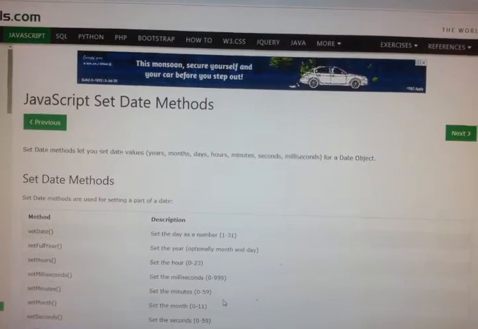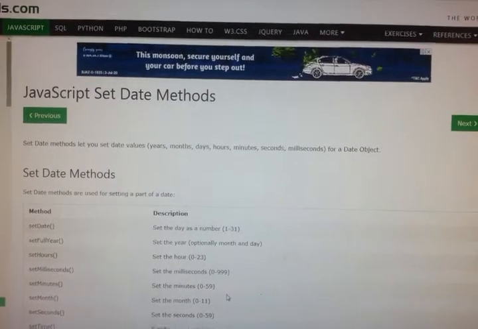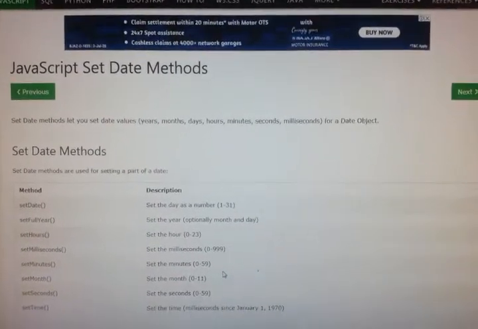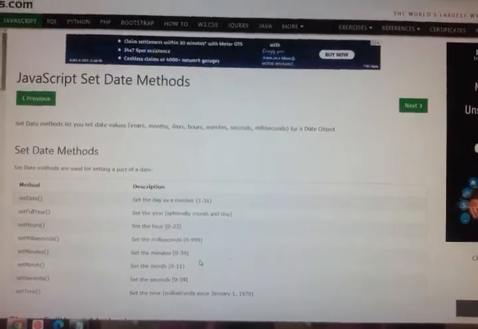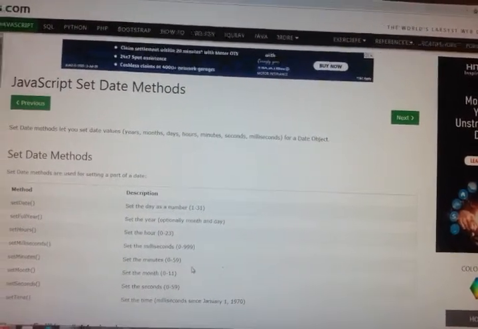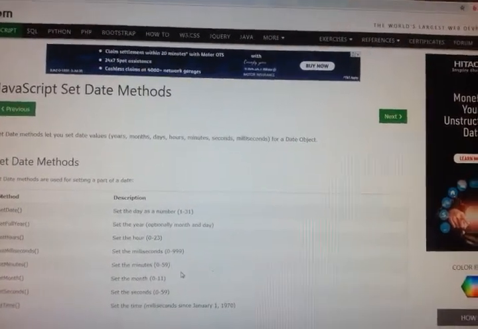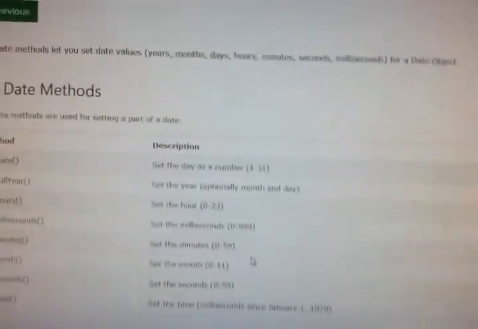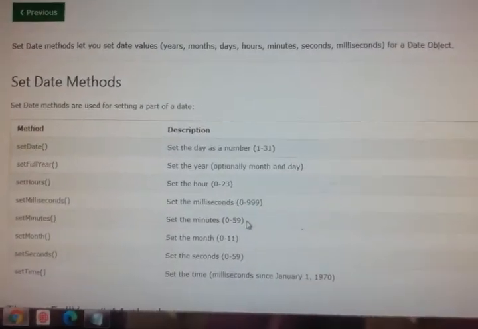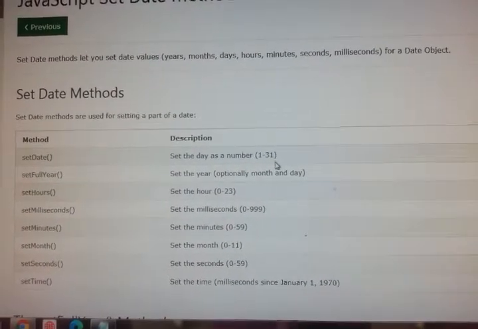The set date methods let you set the date values, that is, the date values are year, month, day, hour, minutes, seconds, milliseconds per date object. So set date methods are used for setting a part of a date. The first method is set date. The set date method sets the day as a number from 1 to 31.